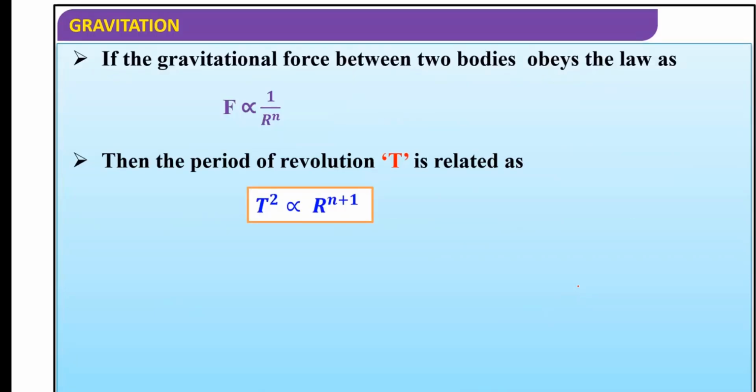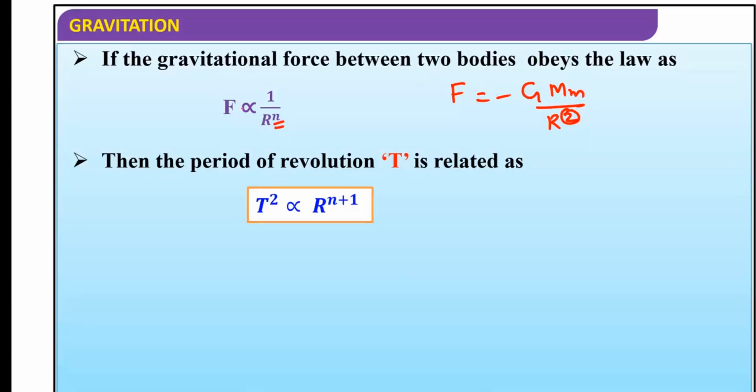Yes, this point is very, very important. Remember that. Sometimes some of the numericals are like that, where we do not write F equals minus G m1 m2 upon R square. Instead of writing 2, they can give you any other number. So for that we have written here R raised to n.